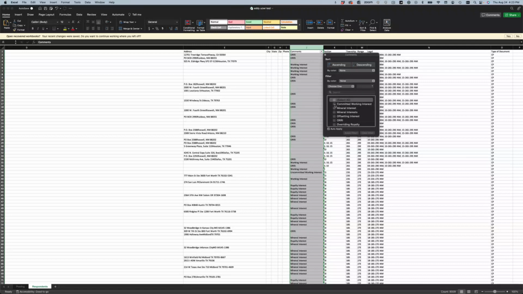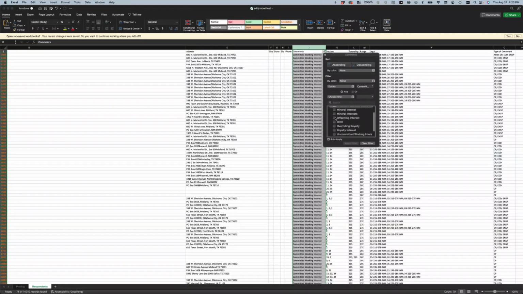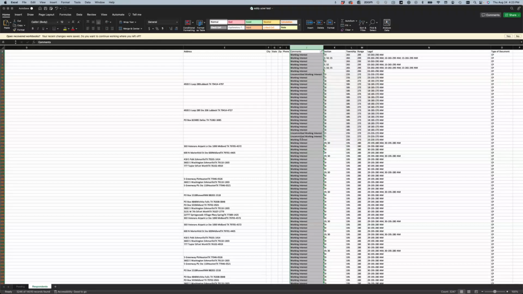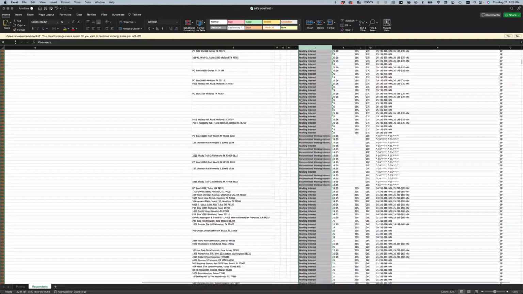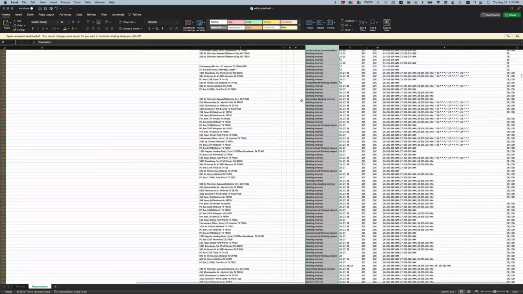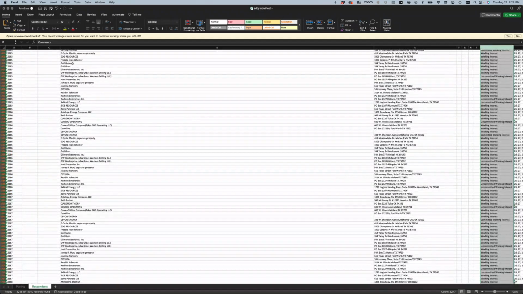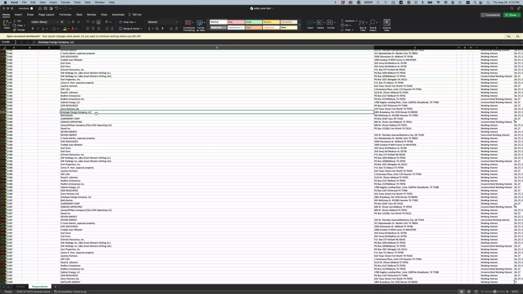I'm going to unselect the minerals, and I'm going to select our working interest and uncommitted working interest respondents. And I have a list of 3,247 entities. Okay, so that's 3,247 entities that fall under working interest, uncommitted working interest, and committed working interest. As you can see, there's a lot of different entities here, anything from Zorro Partners to Antelope Energy Company to